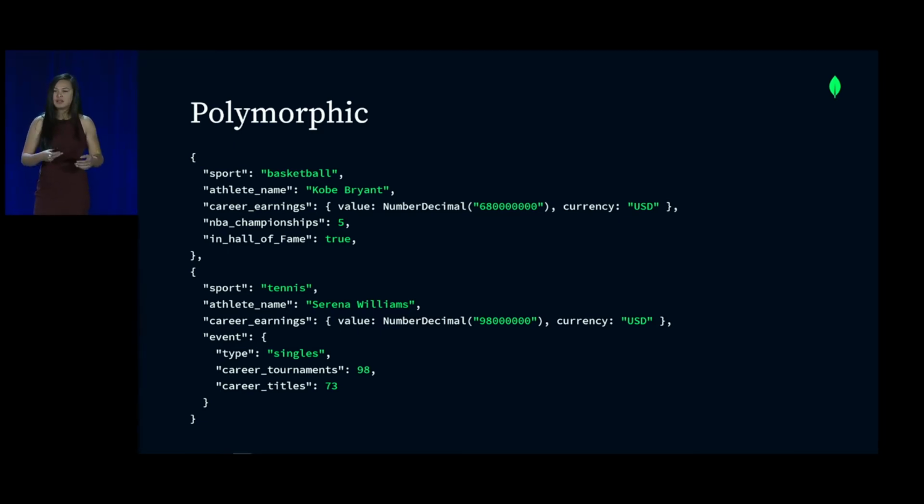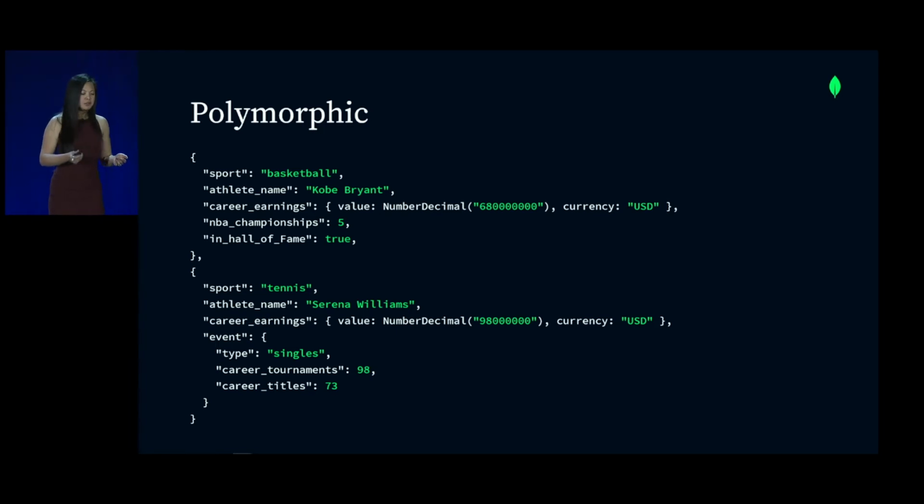So you see here, the late, great Kobe Bryant, may he rest in peace, is a basketball player, right? And in this particular collection, we're holding information on athletes. And here we have Kobe Bryant, who played basketball, and we also have Serena Williams, who plays tennis. Now, polymorphic patterns are great when we have a variety of documents that have more similarities than differences in them and need to be kept in a single collection. So for example, this could be holding a bunch of athletes that are part of a sports betting application where you want to look at the different stats or different characteristics of athletes.